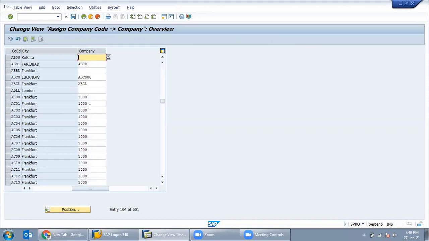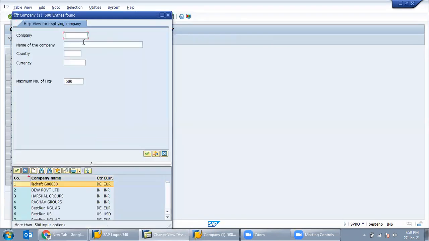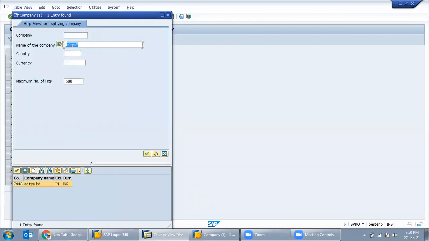Okay. So here we can see that company is blank. That means it was not assigned yet. So now we need to assign. So what is our company? AB, Aditya Birla, Aditya Star? Enter. No, this is not our company.